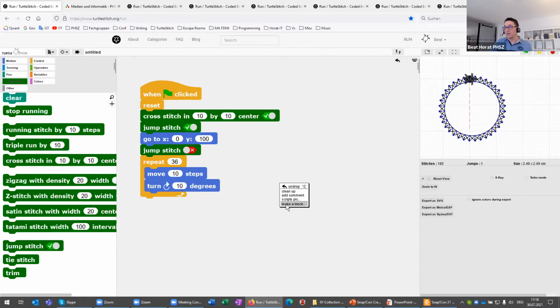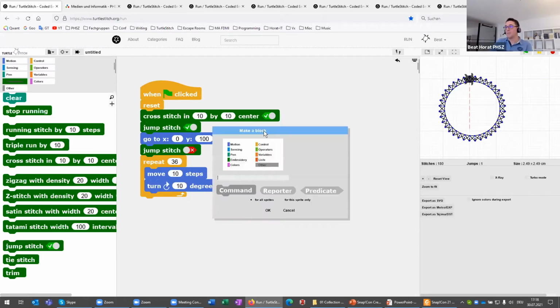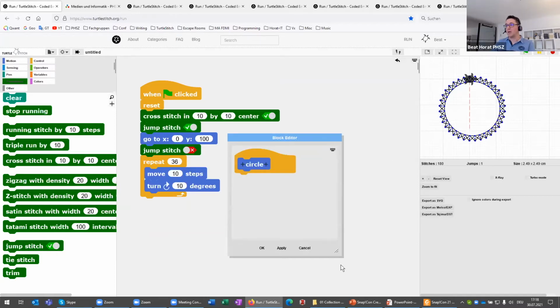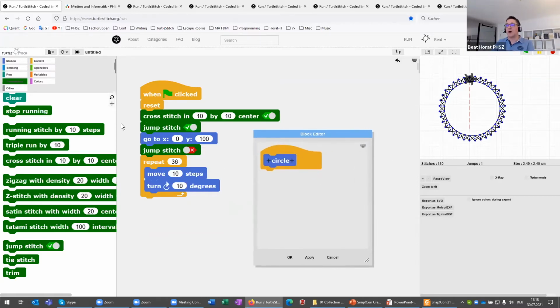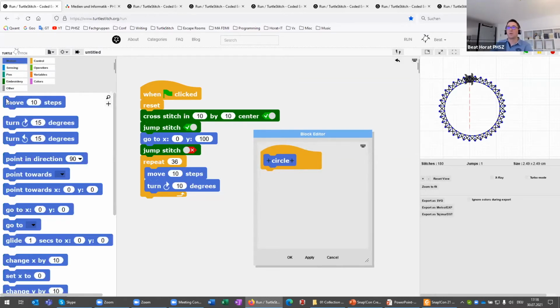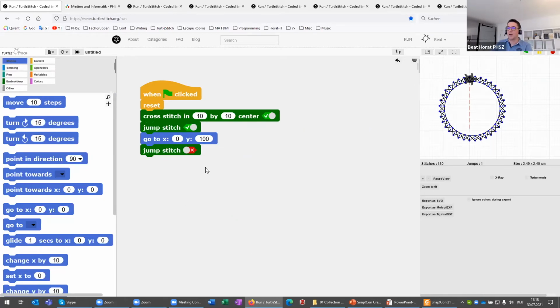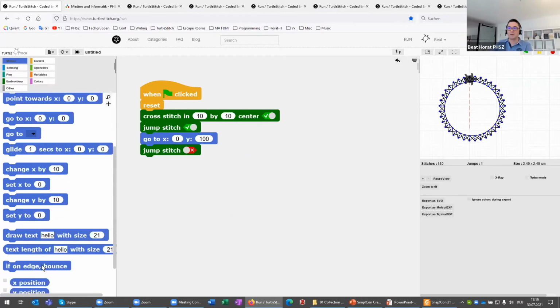a block. We can right-click on the coding area. Then, as shown yesterday in Cynthia's workshop, I always pick motion because most of my blocks are about motion. I say this is a circle, click OK, and my personal block is created. I now could pick from any category whatever I want and put my code together, but I don't want to do that because I already have my circle here. I drag and drop this one in here, hit OK, and now I have in the list on the bottom